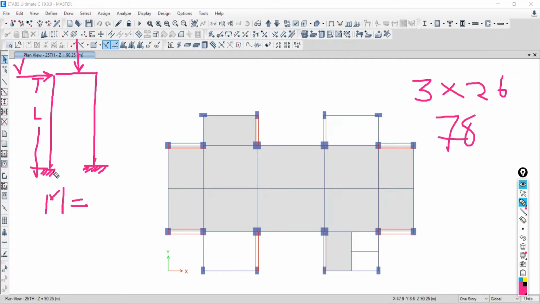So the moment that is going to be generated at the base level will be V into L. This is the result for your first order static linear analysis. Normally we are calculating the moment at the base up to this extent only. We are not going to consider the secondary effect.